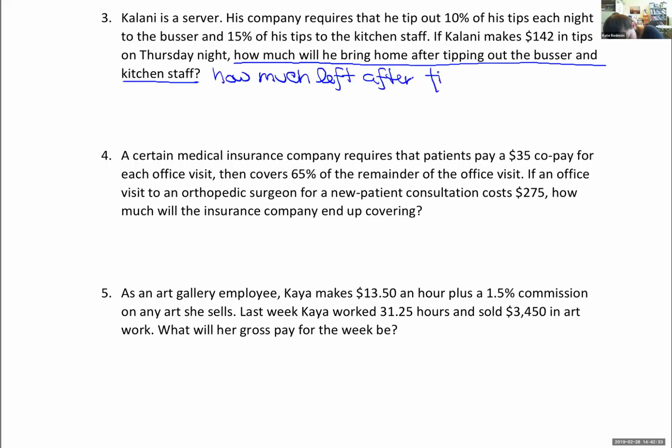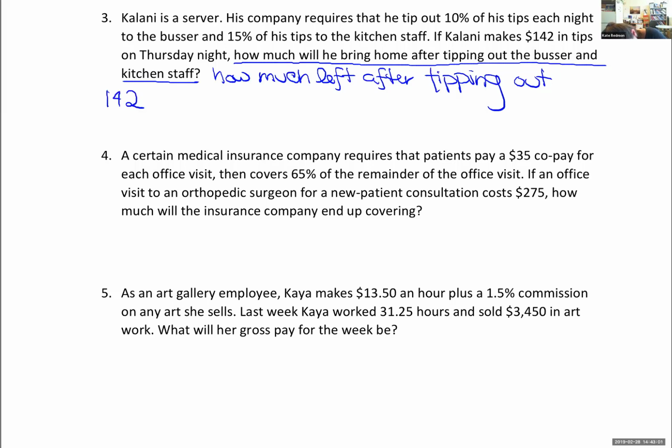Now, this one's an interesting one because most students tell me, Kate, tips get added on. Yeah, tips get added on when you're paying your waiter. That's not what's going on here. This is a waiter who has to give away part of his tips. He has to tip out. They call that tipping out the kitchen. So this is actually going to get taken away from his money. Okay, great. So we know how much he's starting with,